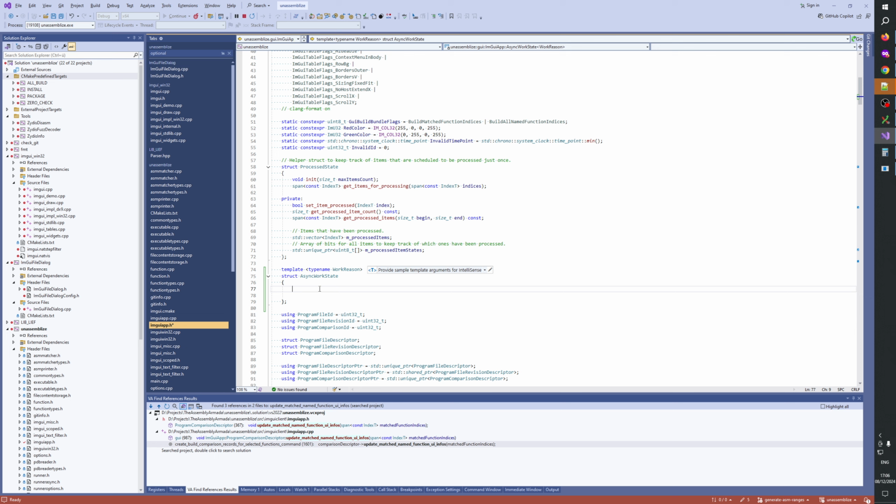We have another struct in here, async work item, work item work state, and then in the work item we put